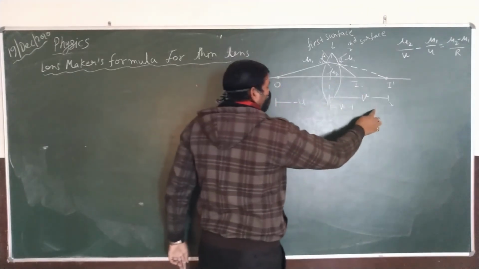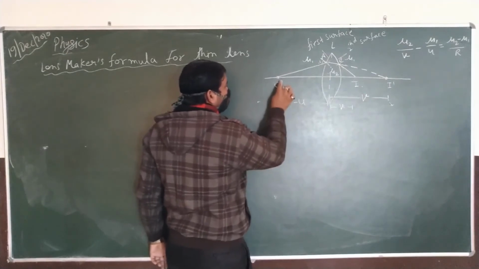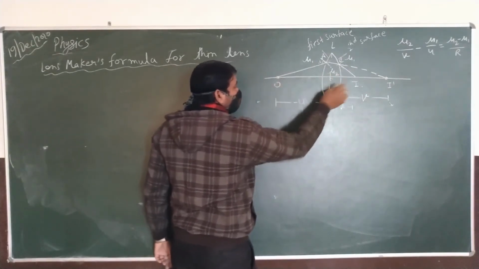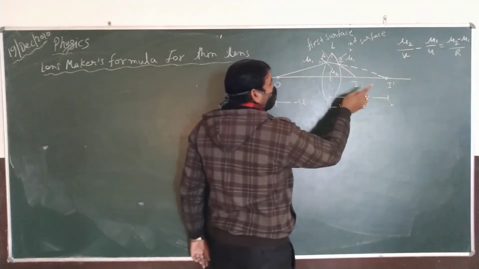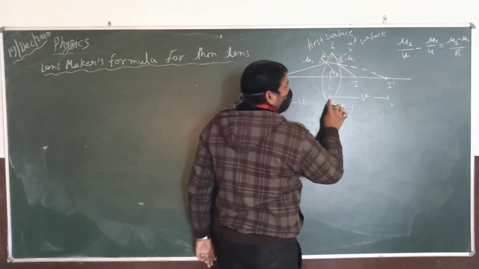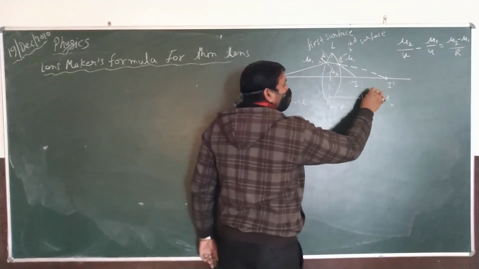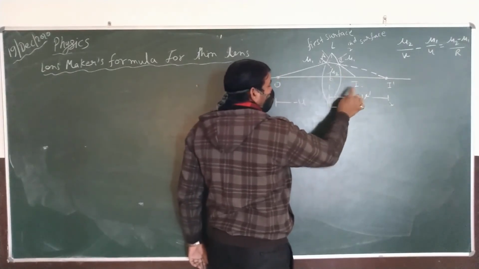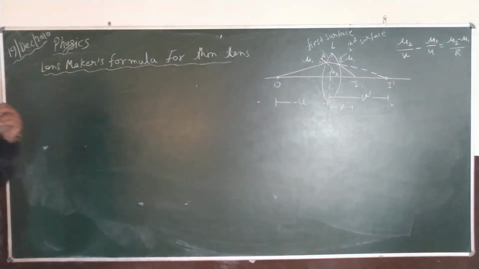Therefore, we can use some distances here. O to the optical center is u, the distance of the object. The initial image formed at distance O to I dash is v dash, and the final image formed by the lens at I is at a distance v. Okay, now